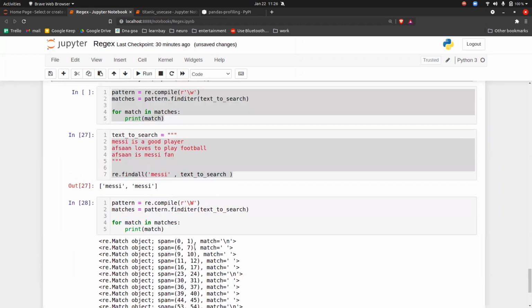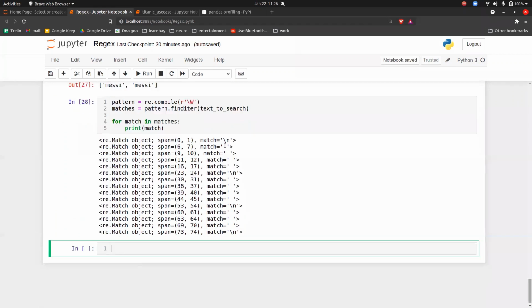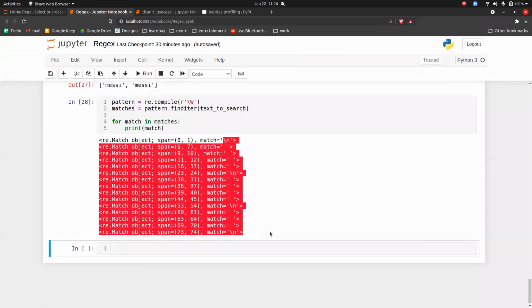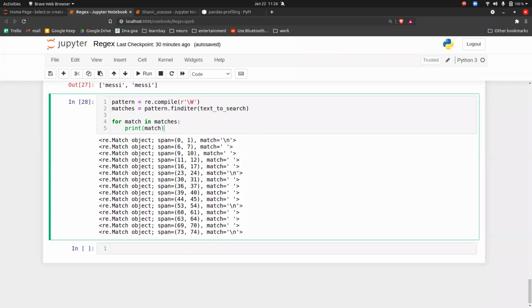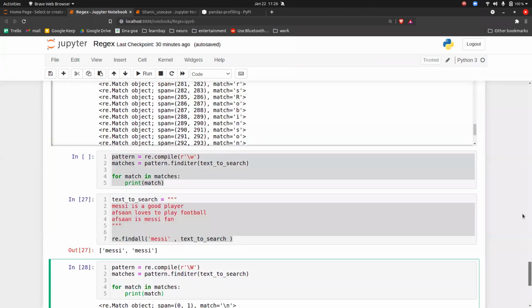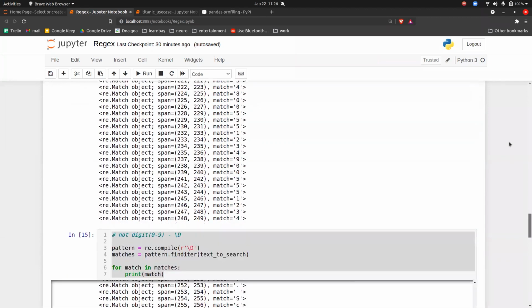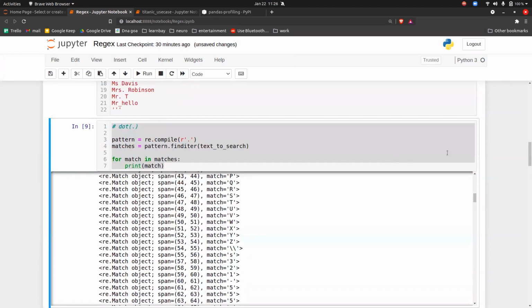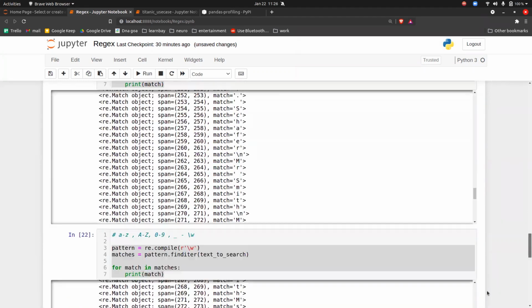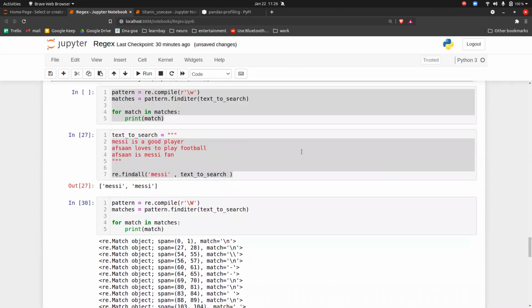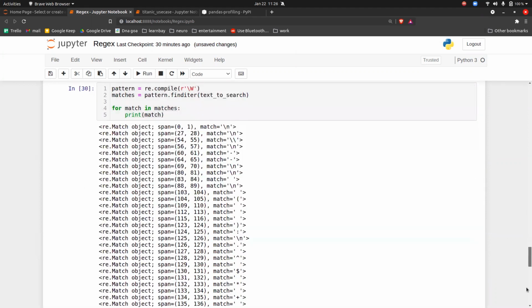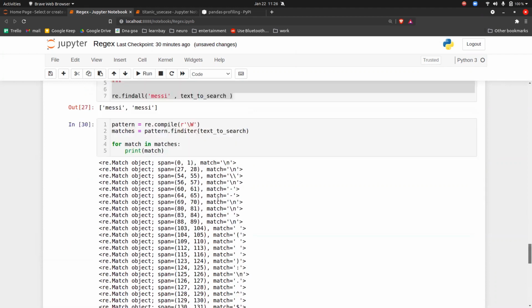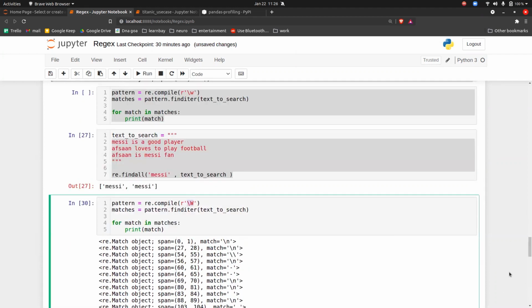If you execute it, you will see all these kinds of characters here. Now, the problem here is that the text to search has changed. So I will come down and execute this again. Okay, now you will see a long list. See, this is what you mean by slash W.